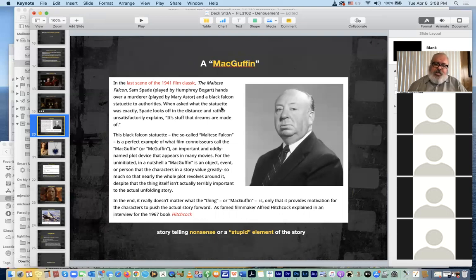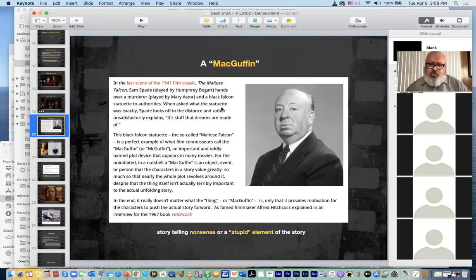The only argument in favor of the Macguffin that I have heard was that if you are writing a story that seems to be on the nose and there's fairly little beneath the surface that will confuse or misdirect the audience, if you're looking for a way to deliberately have the audience looking one way when they should have looked the other way, sometimes a Macguffin will fulfill that need for you.